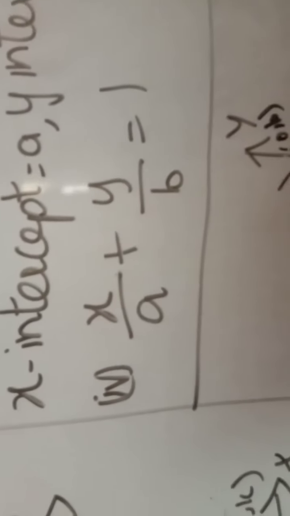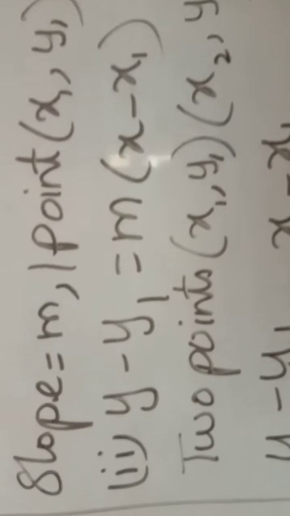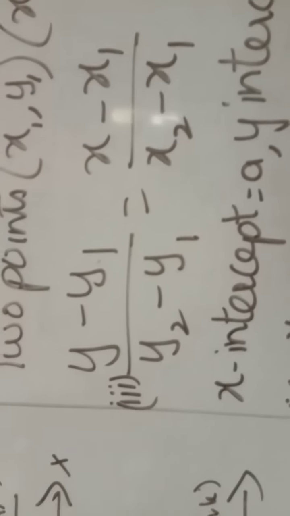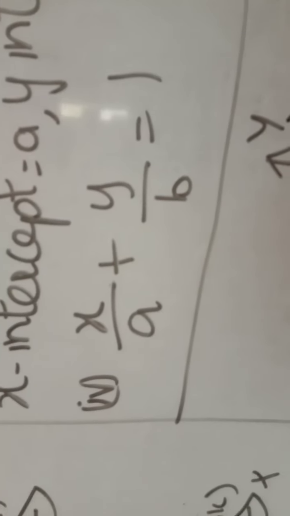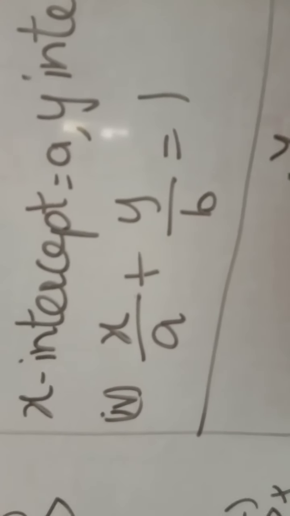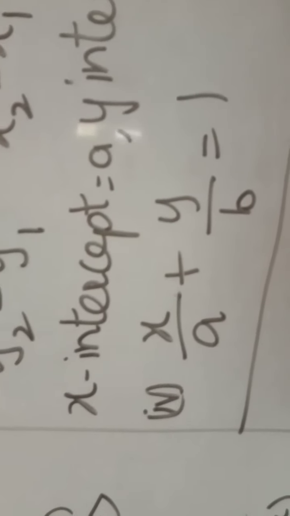Okay. Shall we go through all the 4 equations? These 4 equations we are going to use in the next 2 exercises. Okay. So first equation, y is equal to mx plus c. Second, y minus y1 is equal to m into x minus x1. Third one, y minus y1 by y2 minus y1 is equal to x minus x1 by x2 minus x1. The fourth one, x by a plus y by b is equal to 1. Don't worry, before we complete these 2 exercises, I will make you learn these 4 formulas because repeatedly I am going to say them for you.